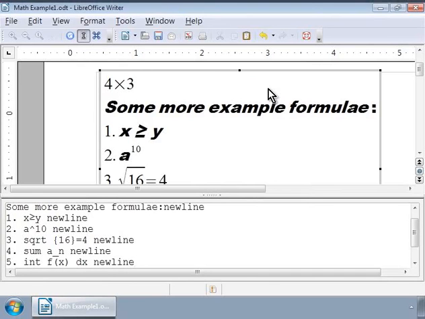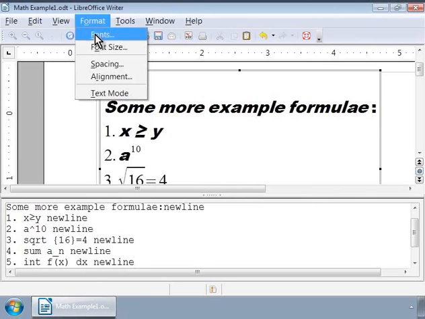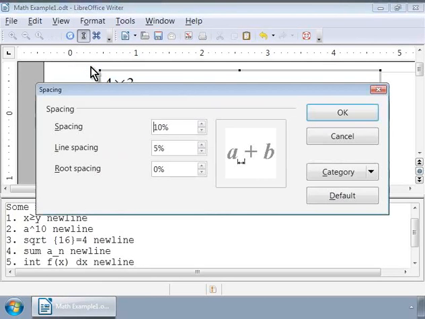Next, let us make changes to the spacing of the formulae. Click on Format menu and choose Spacing. Let us change the spacing, line spacing and root spacing each to 20%. As we click on each spacing type, the image in the center shows the location of the spacing type.